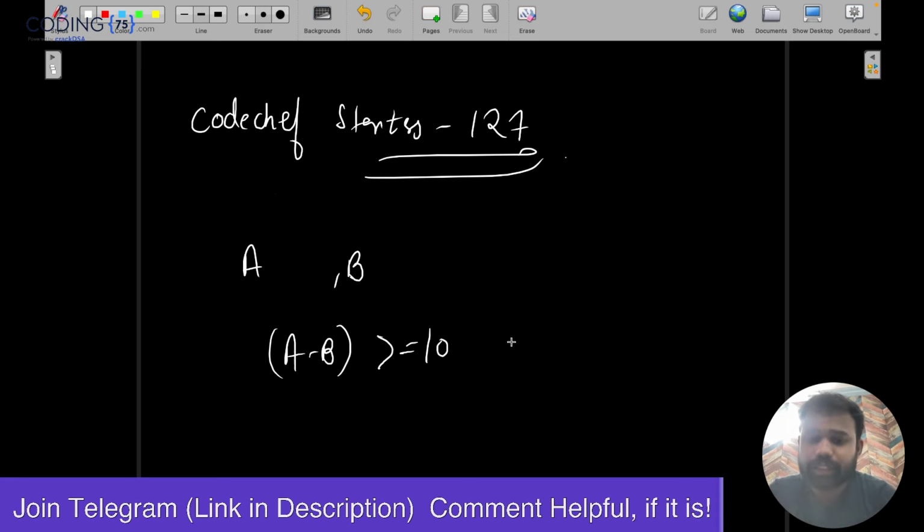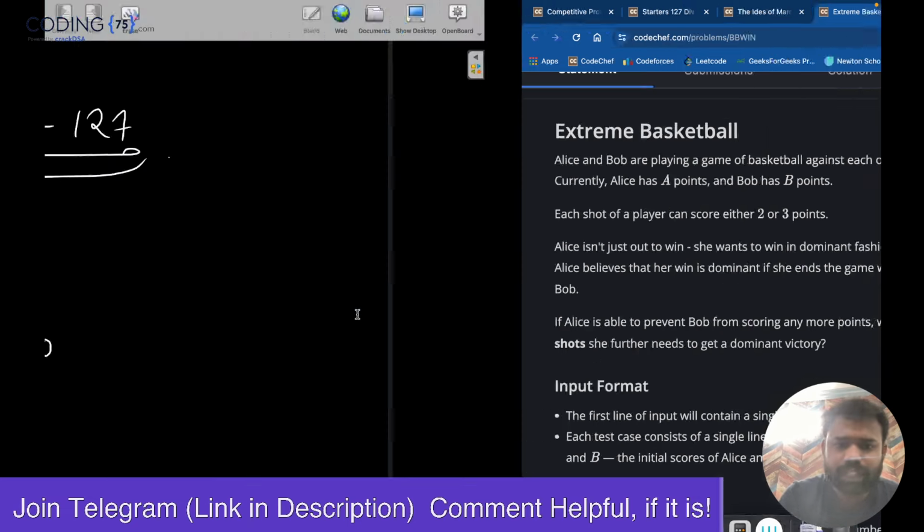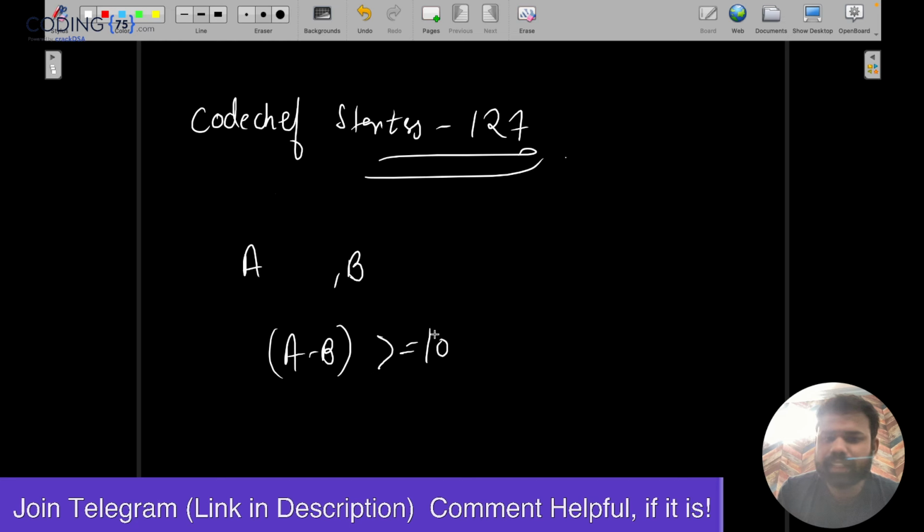If it is not, we have to increase the points of A. Here it's not like A and B will play shots alternately. Maybe Alice can play all the shots. So whatever the difference is, if it is greater than 10, then it's fine. If it is less than 10, then how many shots can Alice make such that the difference becomes at least 10 more than B?